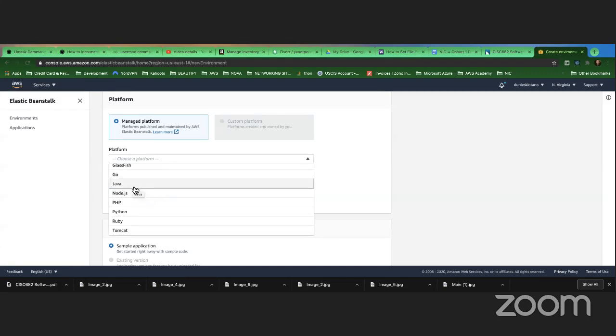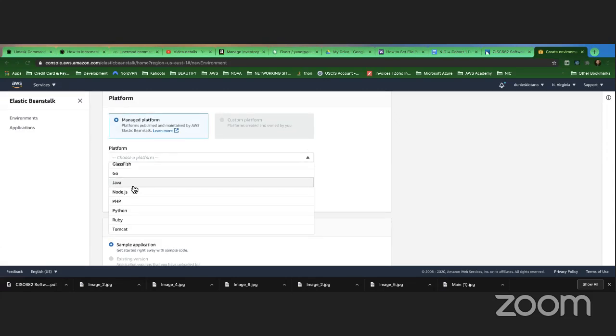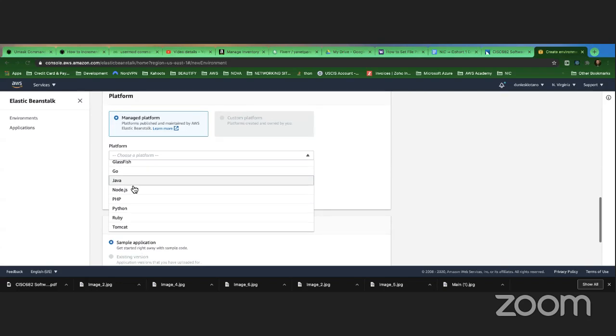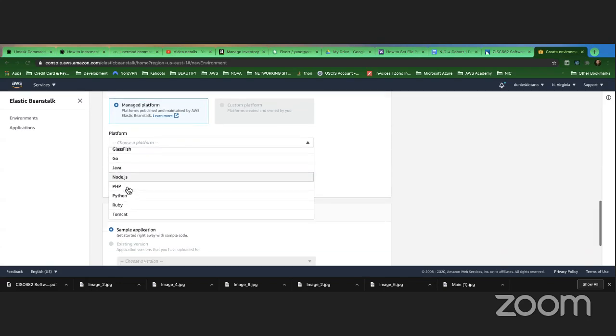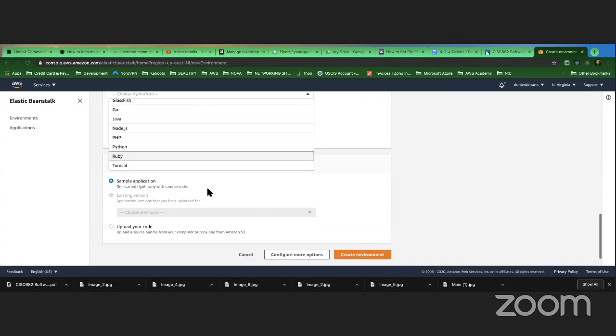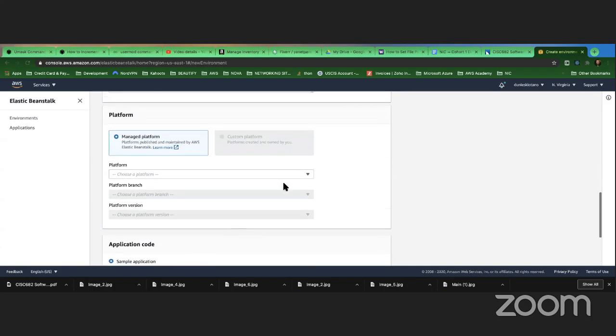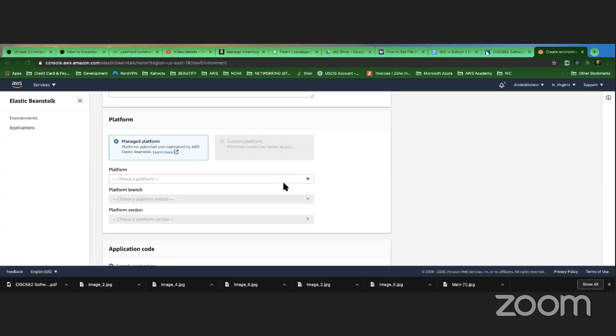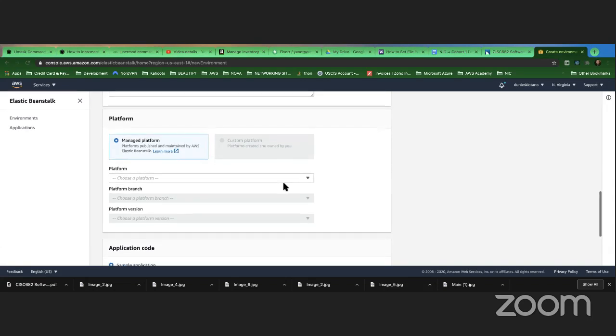If it is a Java application, it will prepare everything that a Java application needs. Of course, it's going to create an EC2 instance in the background because a server is needed to deploy that. It will create everything that you need. You don't need to install anything. It's platform as a service. You don't manage the underlying infrastructure.